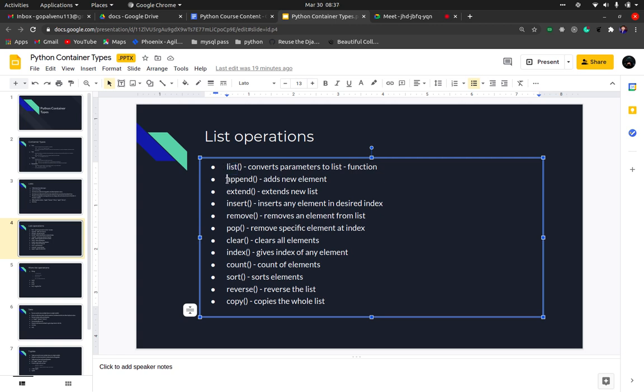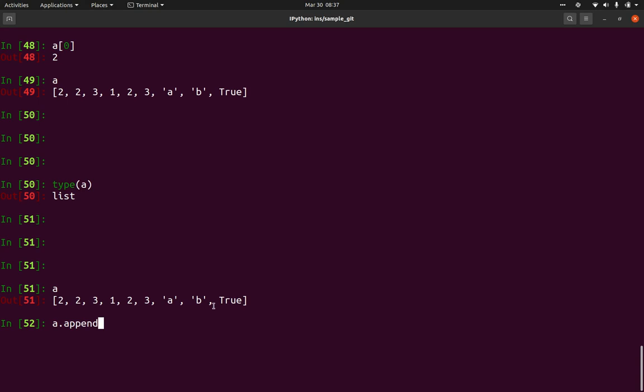We will start with this particular point. You can see append will always add a new element. I have my A, I just have to call this append method. I will have to give an element which I want to add. Let's say I give this is new. You can check A, you can see the new element is added.